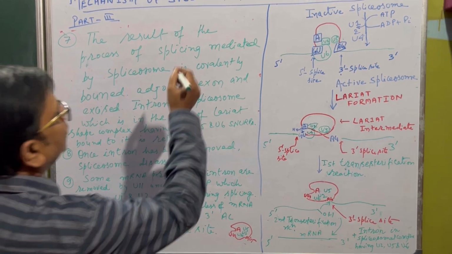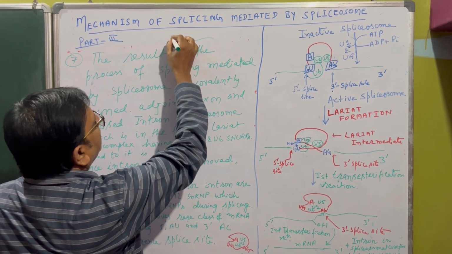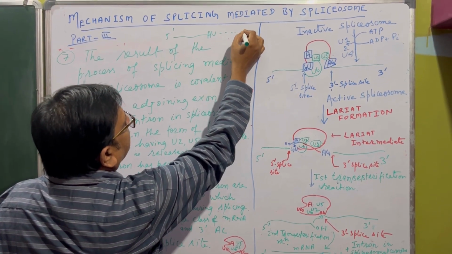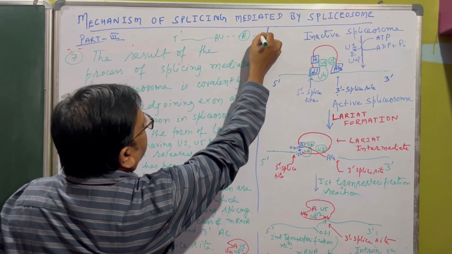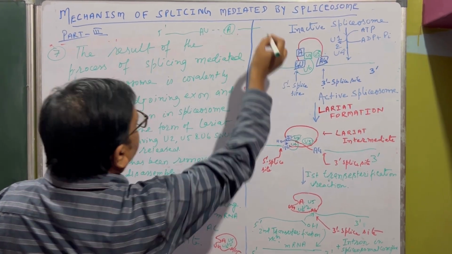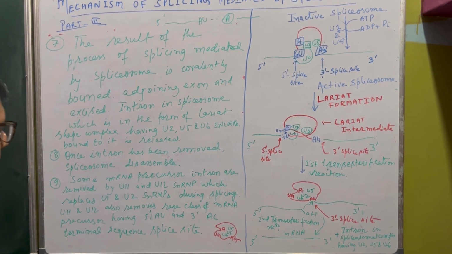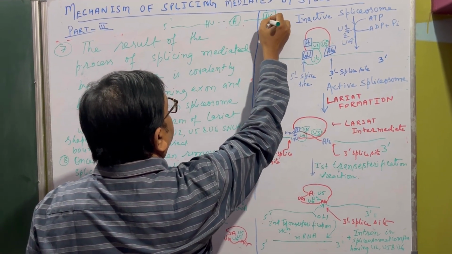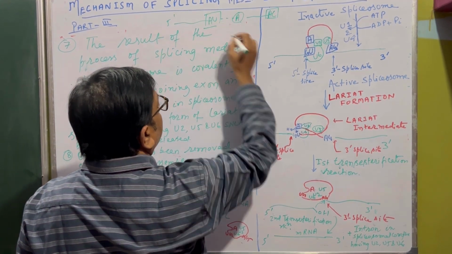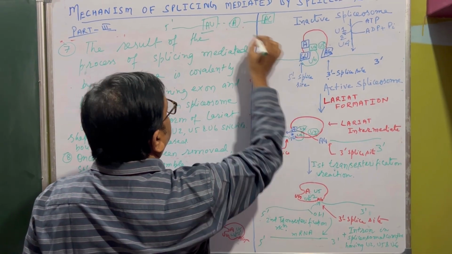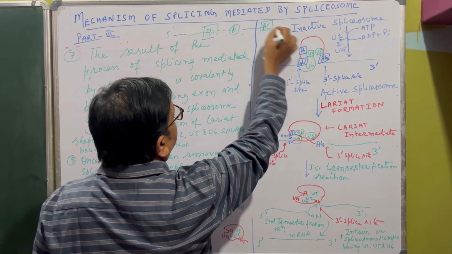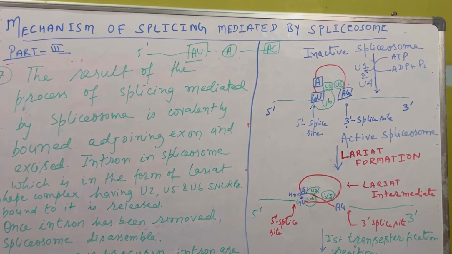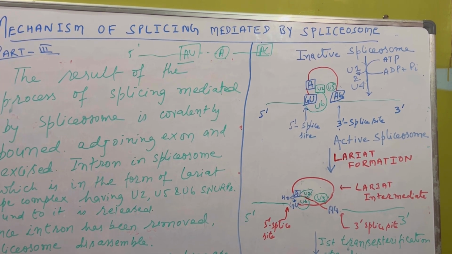In some rare cases, if you have 5', then you have AU, and obviously the branching adenylate, adenine will be there, the branch site, but here at 3' you will have AC. So you now have AU in place of GU and AC in place of AG, in short, in rare mRNA, and in that case splicing